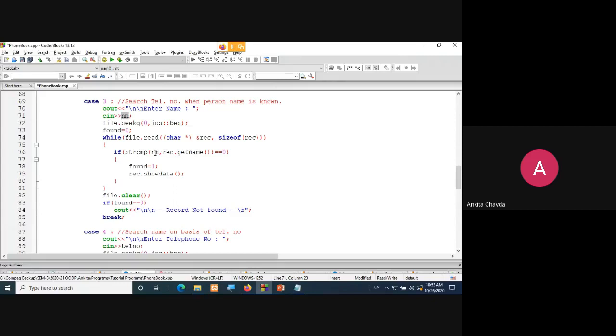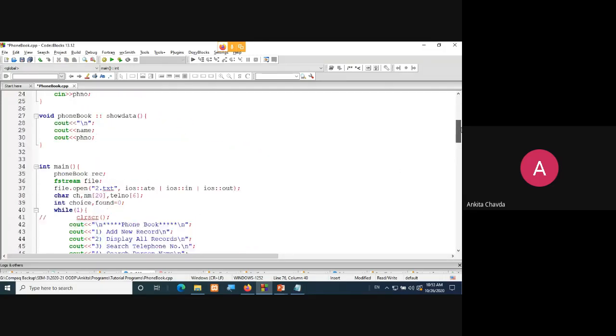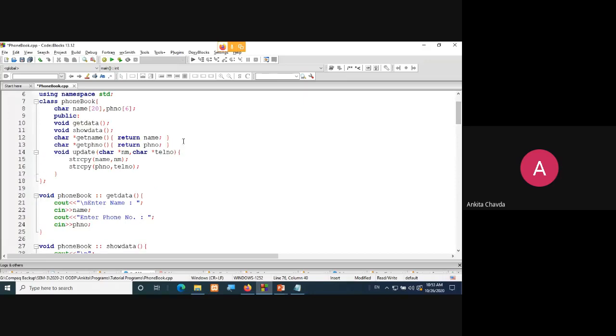So string compare, I'll compare your name with rec.getName, because every time I'm reading a single record. You have made the getName function for what? It will simply return the name, only the name. Character pointer getName is your function, which will return the name of that person from that particular record.